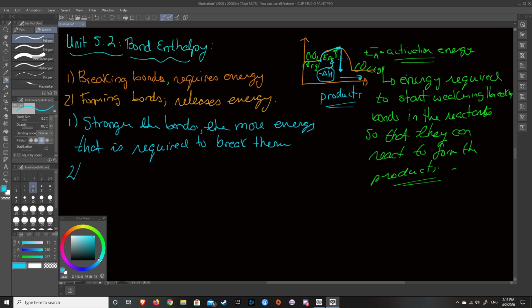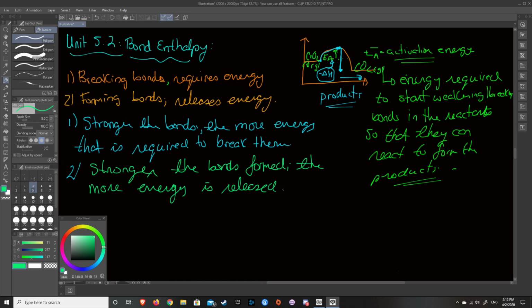So 2, we're just going to expand on number 2 up here too. Forming bonds releases energy. So this is to continue. The stronger, ooh, that's a nice color. The stronger the bonds formed, the more energy is released. So in this case, we have something unstable or less stable, and we react to form something